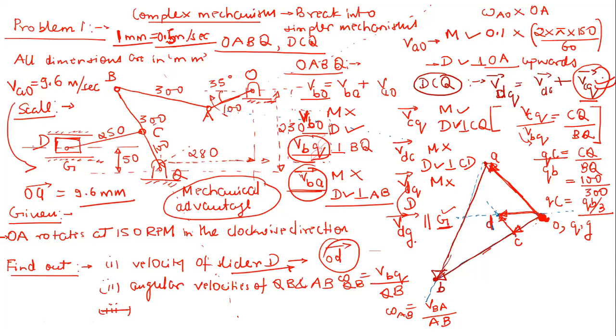Another way that sometimes we design the mechanism in such a way to obtain this higher mechanical advantage, because ultimately what is happening? We are giving torque to this OA, right? And here this slider is reciprocating, correct? So this slider is also doing some work, and here we are providing some work, correct? So let's say if we obtain higher work at the output, and the work input is very less as compared to the work output, right? So that means we can obtain a higher mechanical advantage using this mechanism.